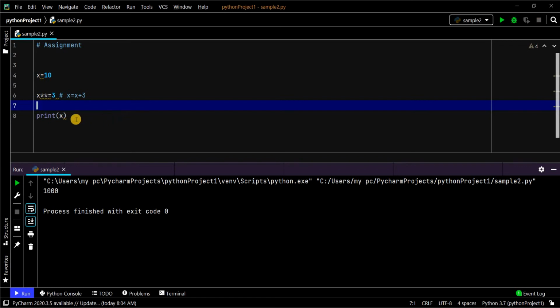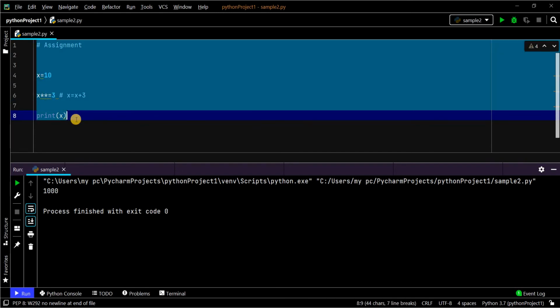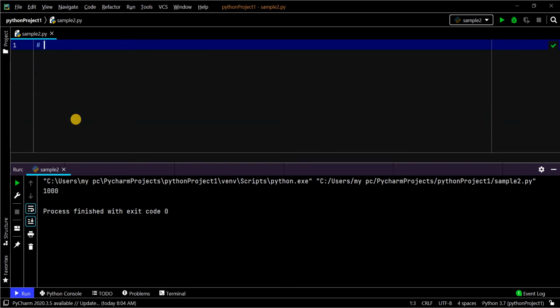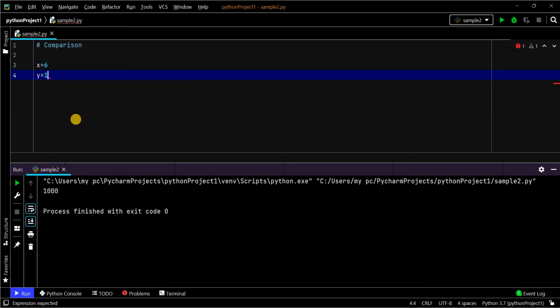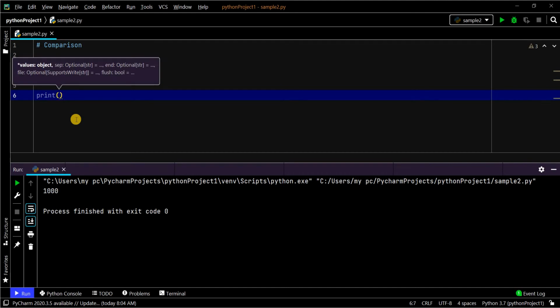The next one is comparison operators. Comparison operators are nothing but comparing two values or two variable values and giving the result. Now I'm just comparing this x and y using the comparison operators.